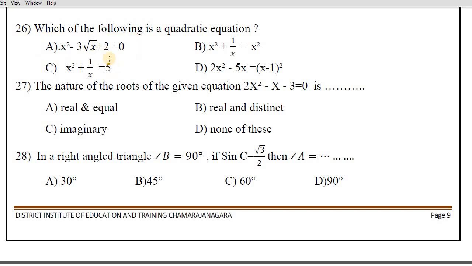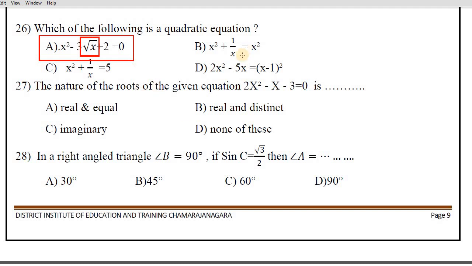But keep it in mind, here x radical is not a whole number, not a natural number. It is a rational number. So root x we can write as x raised to the power of 1 by 2. Hence it is not at all a quadratic equation. So variable powers should be natural numbers. Keep it in mind. Or else it can be a whole number also, but it should not be a rational number.